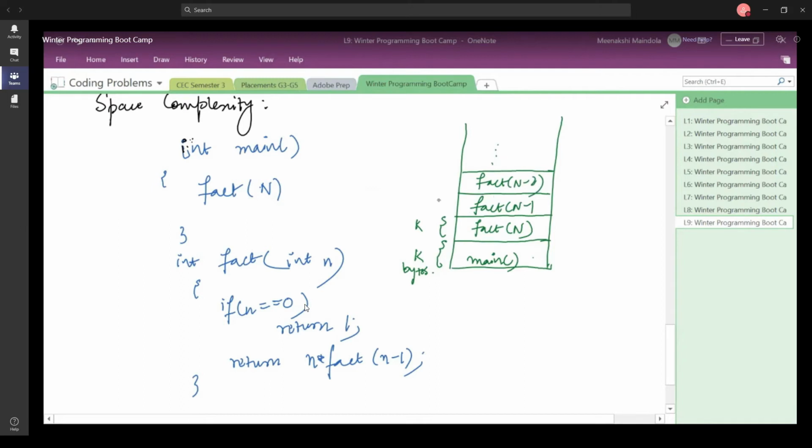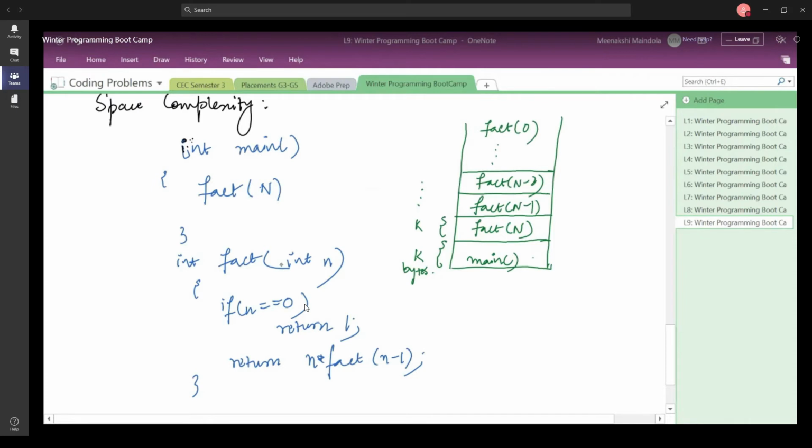So every time this function recursively calls itself, it is going to take up k bytes of space on the stack. And up till which part is it going to take up k bytes of space? Up till fact of 0 comes.